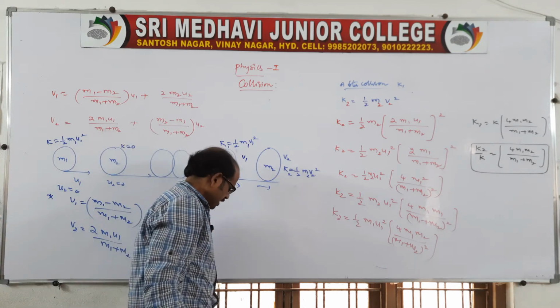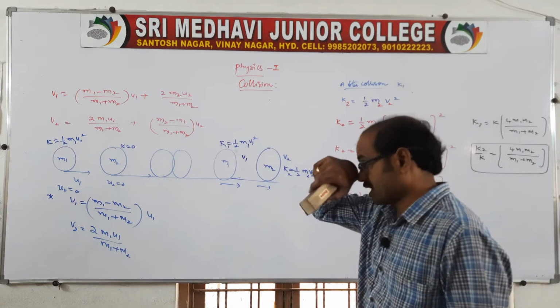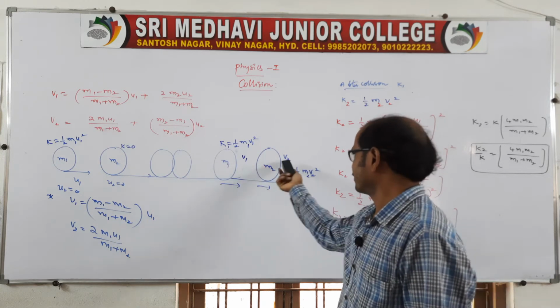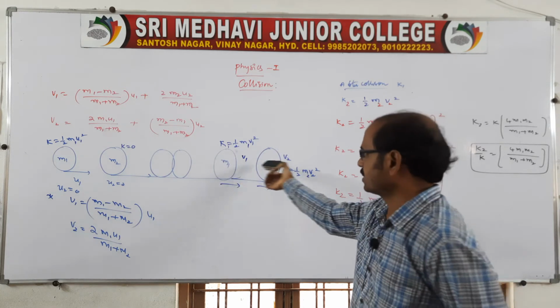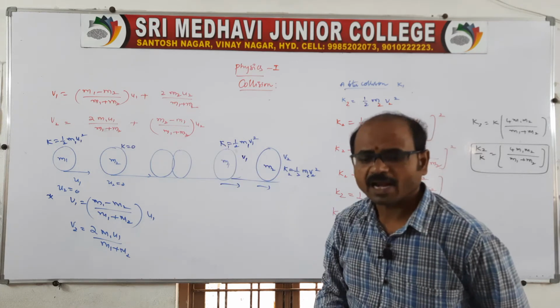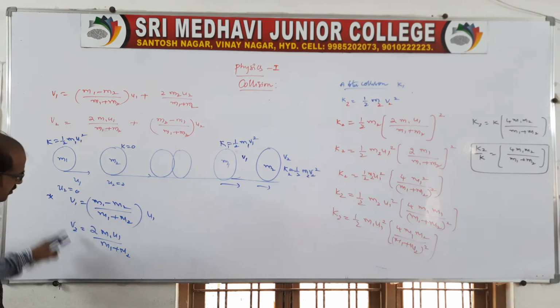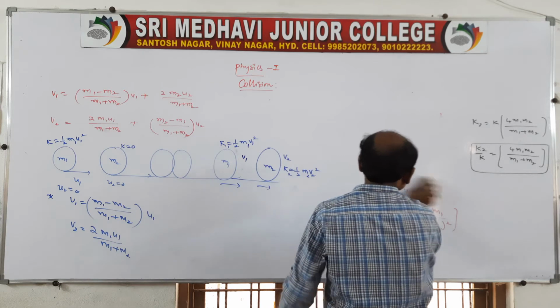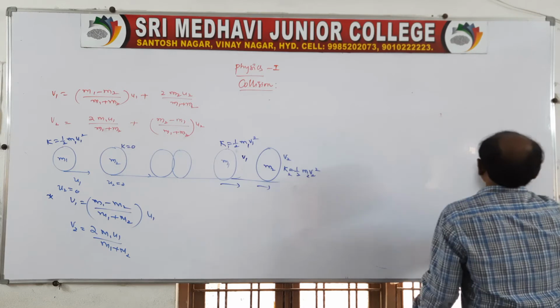The condition is, let us consider two bodies of masses m1 and m2 which are moving in the same direction with velocities u1 and u2, and the second body is at rest. After the collision, the bodies move with speeds v1 and v2, and here it obeys the law of conservation of energy. That's what you apply, the kinetic energy relation, and it also obeys that the momentum is constant, no? Then let us check the momentum also, because an elastic collision obeys both momentum and kinetic energy conservation.